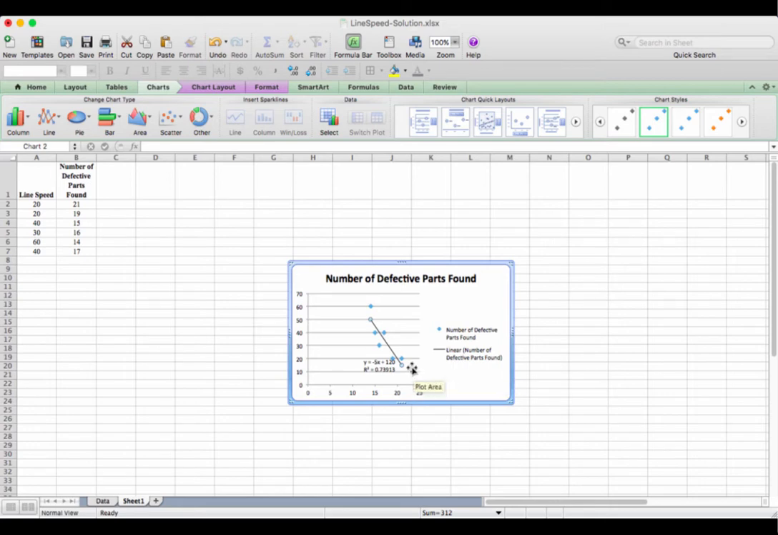The relationship is negative. The higher values of x basically indicate lower values of line speed. So basically, as the line speed increases, we have